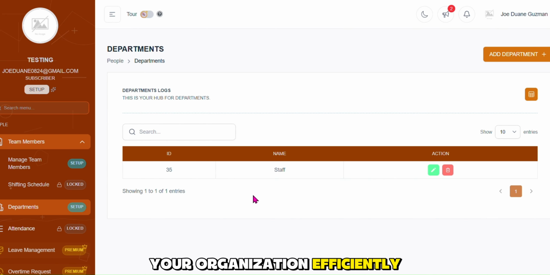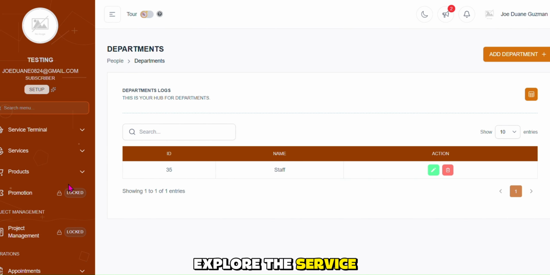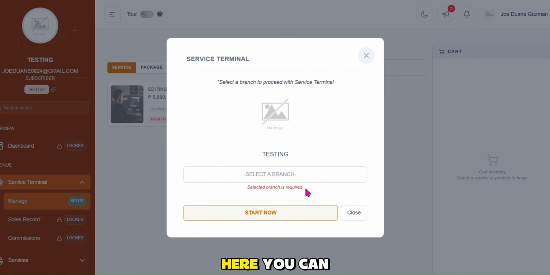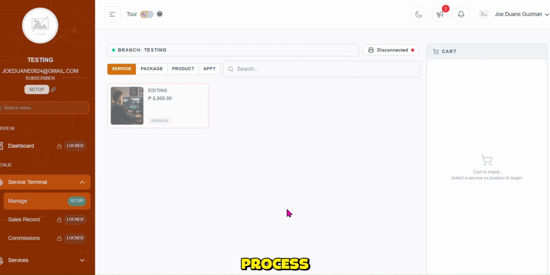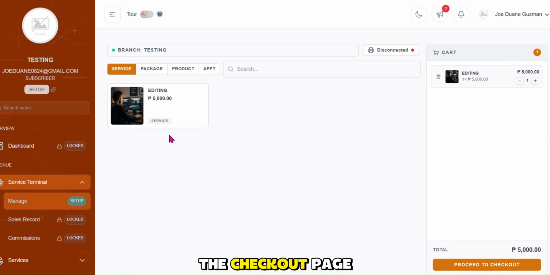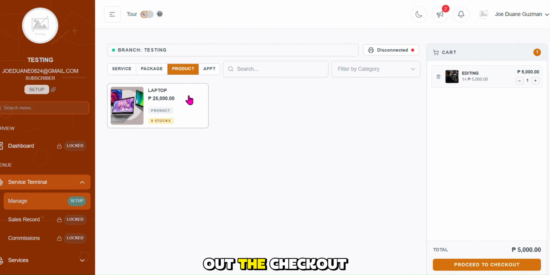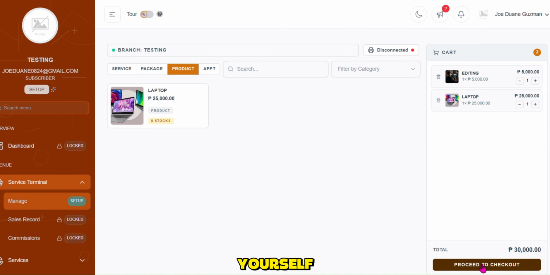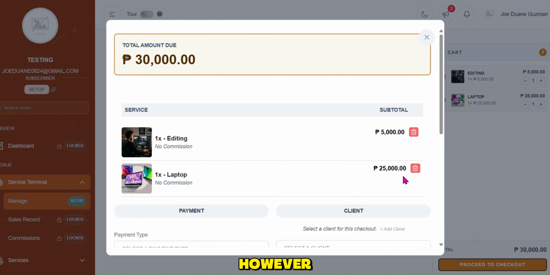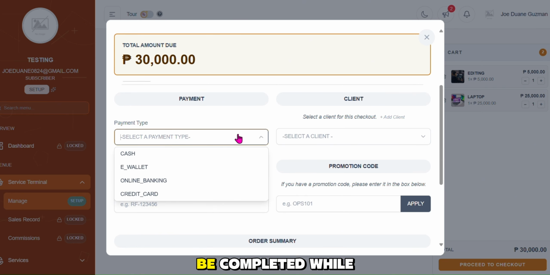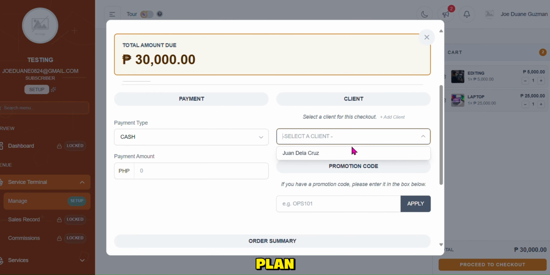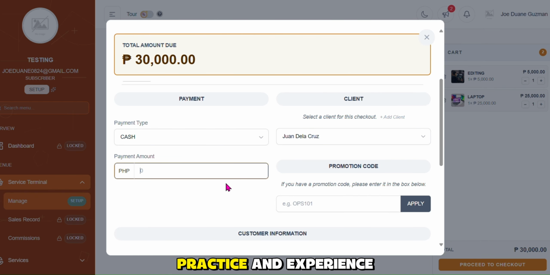You can also explore the Service Terminal or Point of Sale. Here you can simulate the sales process by adding products and services to the cart and proceeding to the checkout page. You may fill out the checkout information to familiarize yourself with the workflow. However, checkout transactions cannot be completed while using the Setup Plan, making it a great way to practice and experience